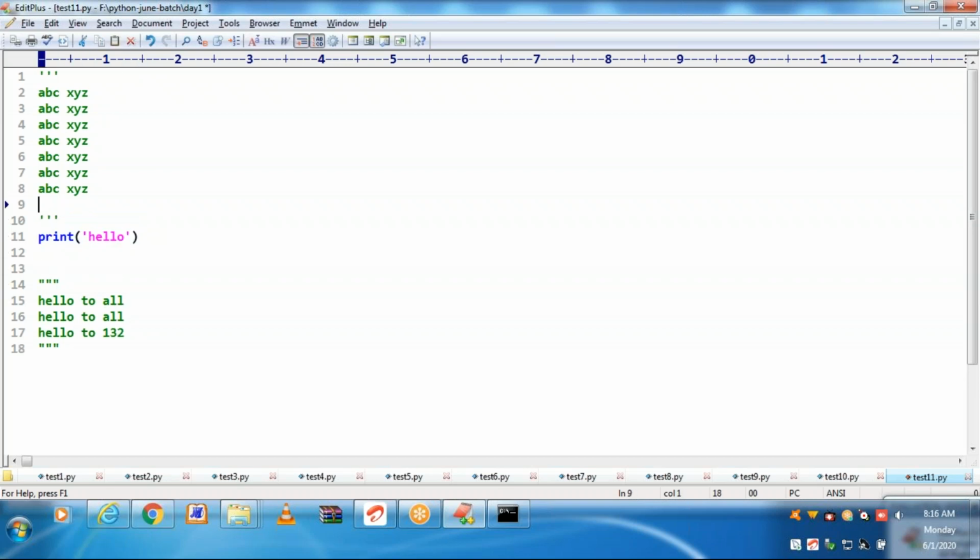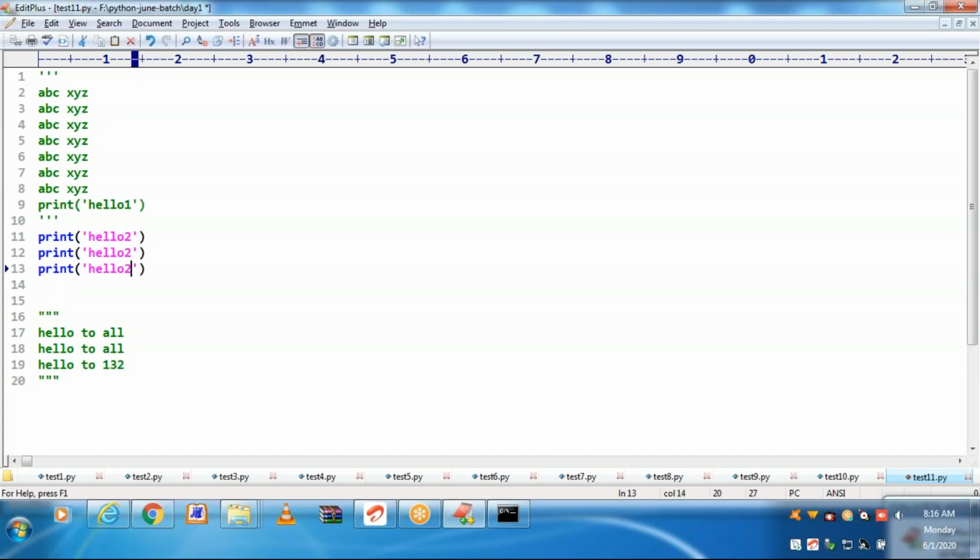Let me keep one print also under the multi-line comment. Hello 1, hello 2, let's go for 3, 4, 5, 6. Let us save this.